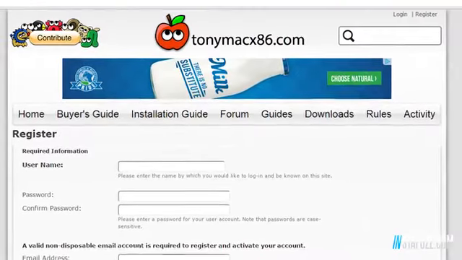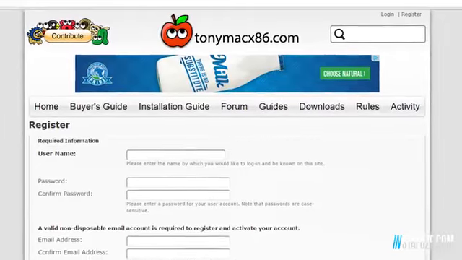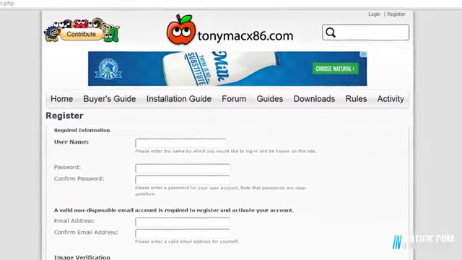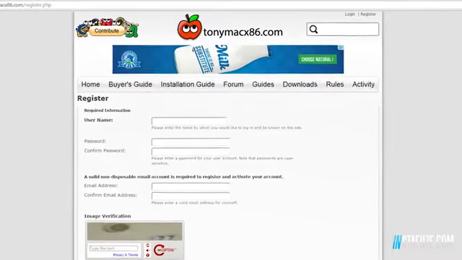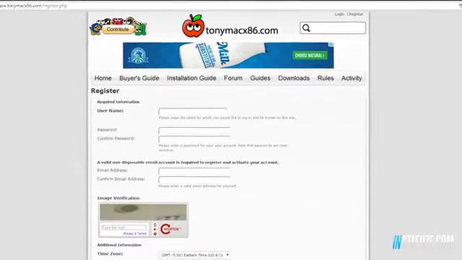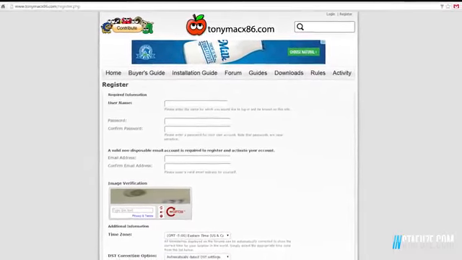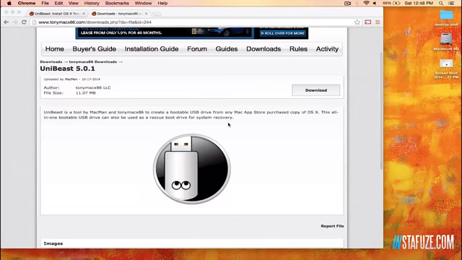Now while that OS 10 is downloading, you want to go to TonyMacX86.com and sign up for an account if you haven't already. This is a great resource for Hackintosh. We're going to be following their exact methodologies and using their software to make everything as simple and straightforward as possible. Now once you're logged into your account on TonyMacX86, you want to go ahead and download the latest version